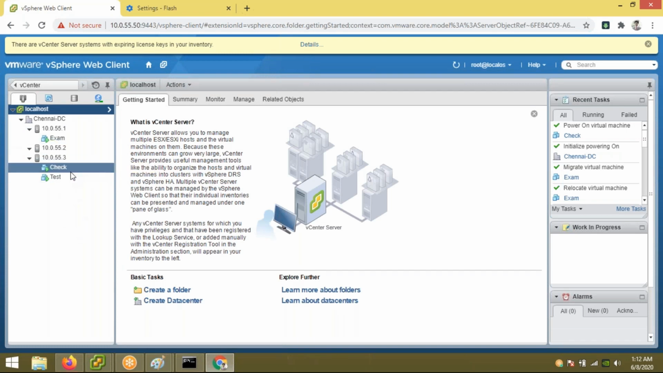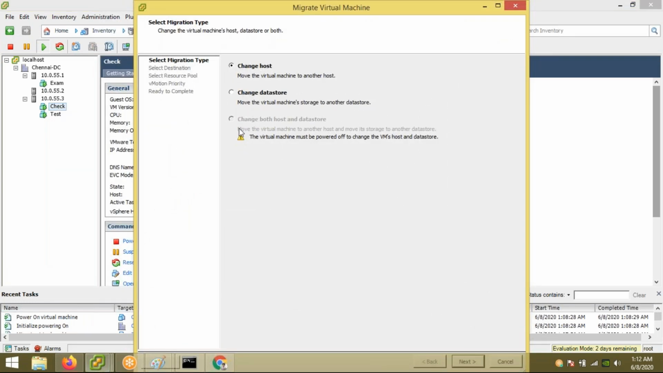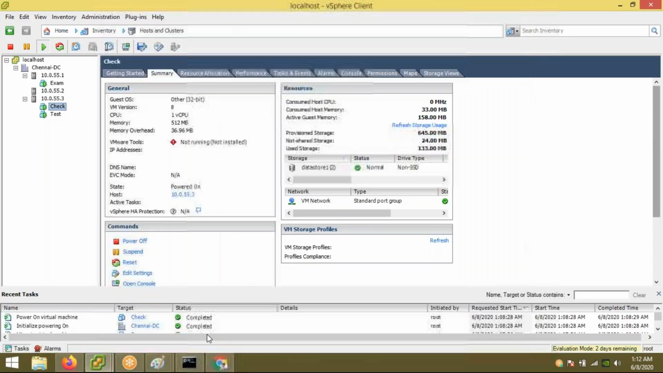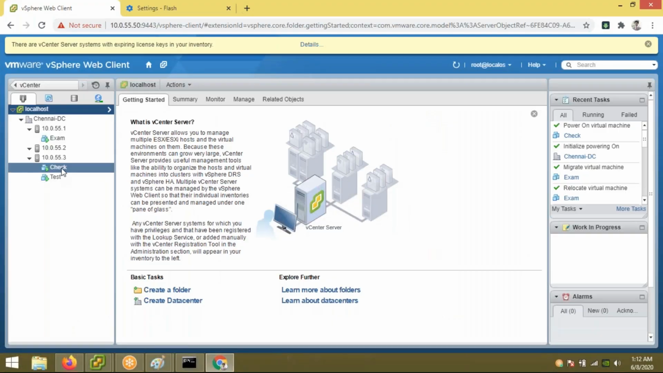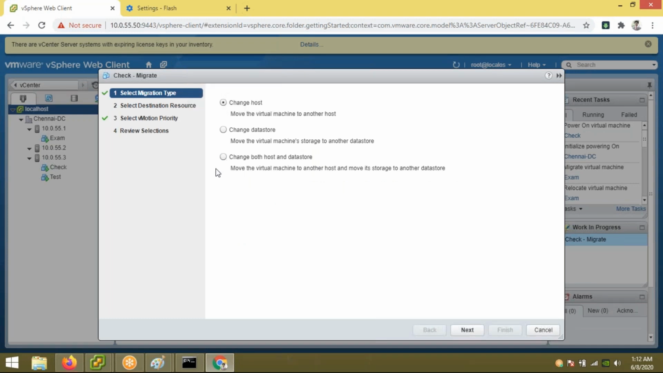You remember check is the VM which was creating problem for us, because it is living in the personal storage. When I right click and say migrate, I don't see the third option. But in the web client, it immediately understands that we have enabled the Vmotion. So when I right click and say migrate, I will be able to see all the 3 options available here. See, so I'm saying change host and data store, next,